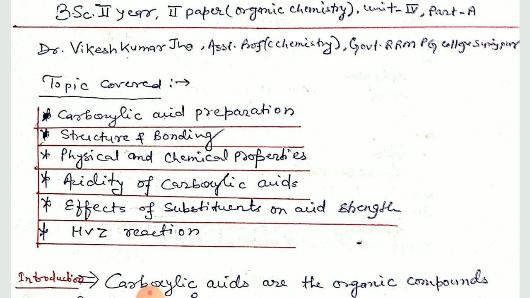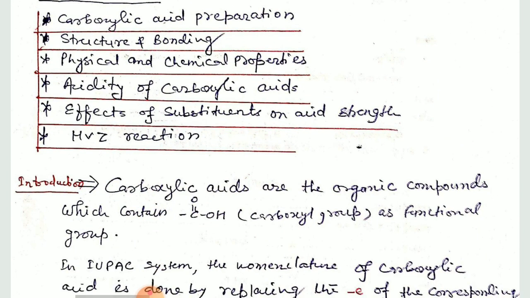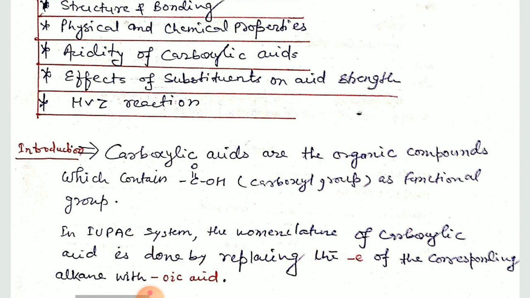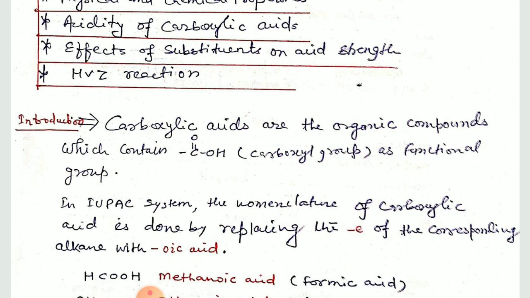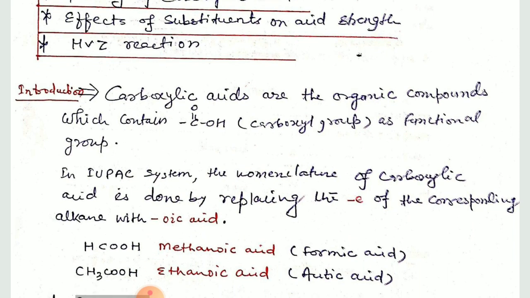So first of all, what is carboxylic acid? Carboxylic acids are the organic compounds which contain COOH carboxyl group as functional group. In IUPAC system, the nomenclature of carboxylic acid is done by replacing the E from the parent carbon chain, and we have to add oic acid like